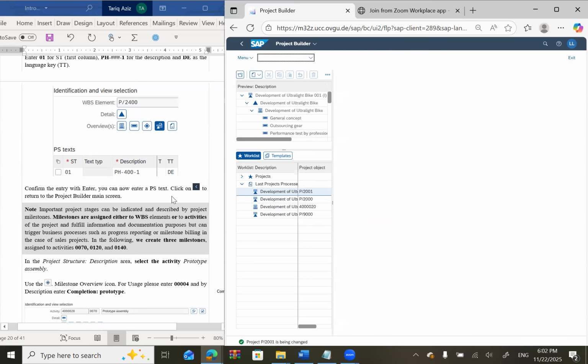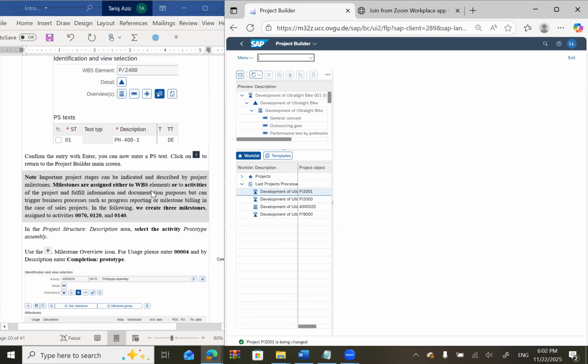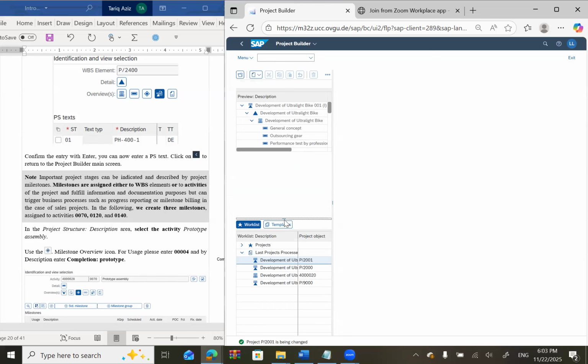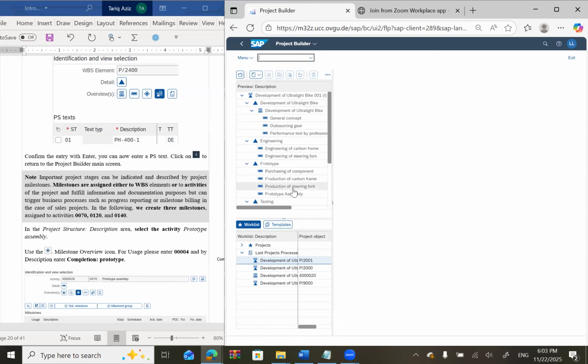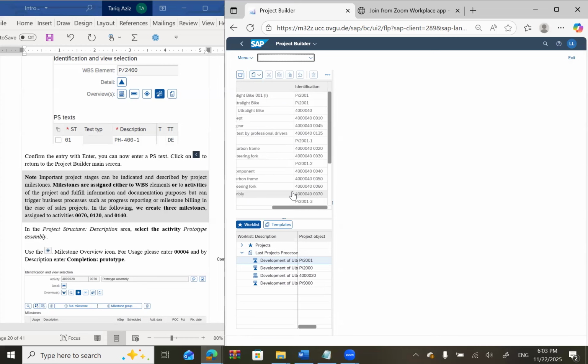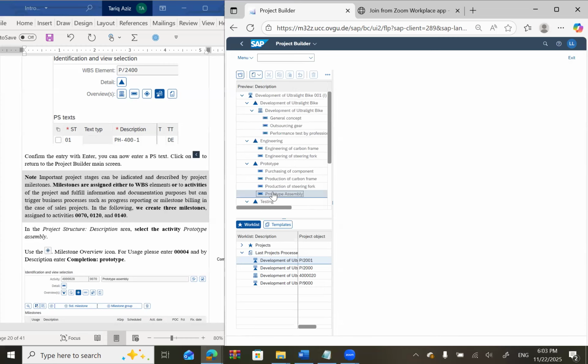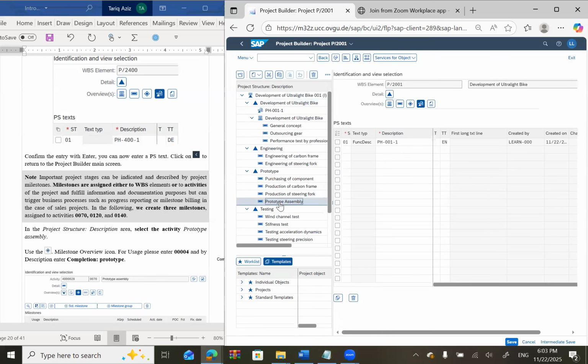Now we will add some milestones. As I mentioned before, we can add milestones to the WBS elements or activities. So we'll create 3 milestones, one at activity 70, one at activity 120, and one at activity 140. In the project description, if I just go down a little bit, we have prototype assembly. This is 70. Okay. On 70, if I double click on that,